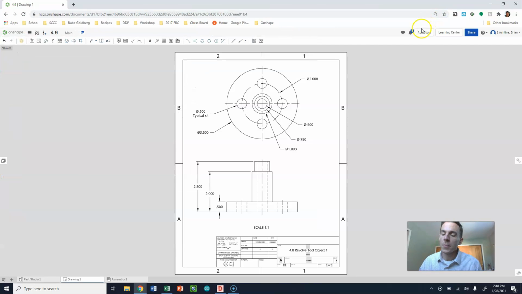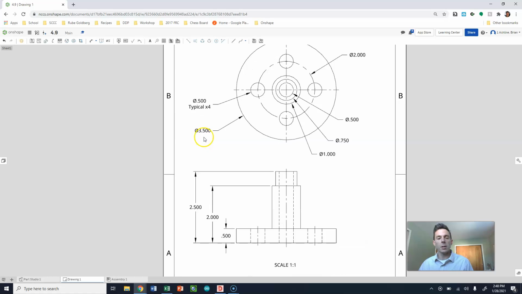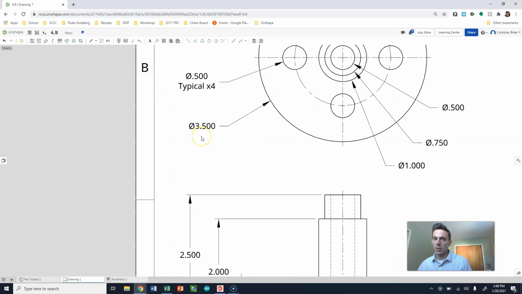Hey, what's up, everyone? I wanted to go over really quick today how to update a drawing to reflect a model change. So one thing I'm seeing a lot of in these drawings, and I did go over this in